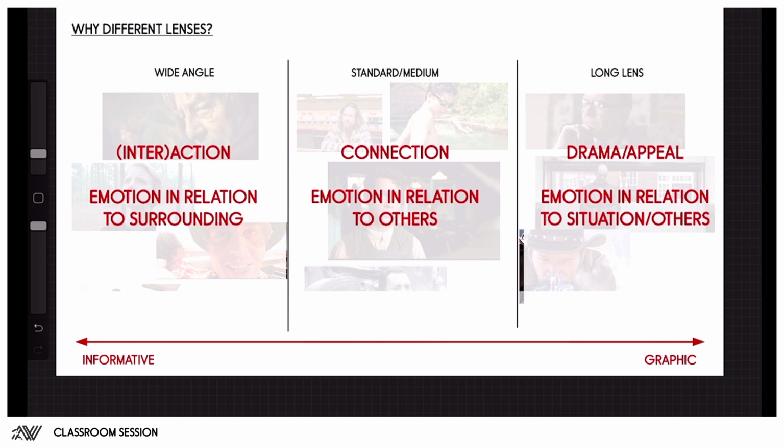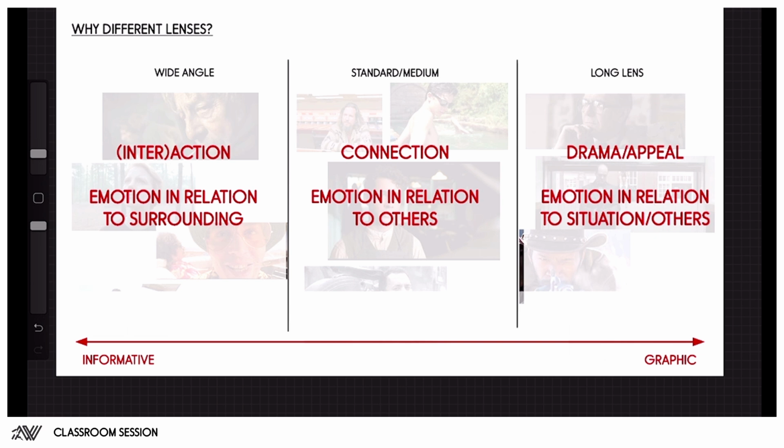Now, the appeal comes to, and a lot of directors say this, when you want to make your actors look appealing or very attractive, they often opt for a long lens, because it kills the depth of the image, which makes facial features a lot more symmetrical and nice looking. And so that's why actors look more appealing in those long lens compressed shots.